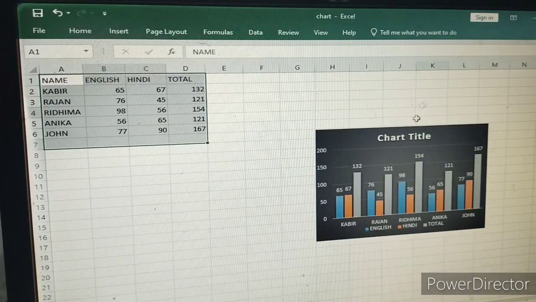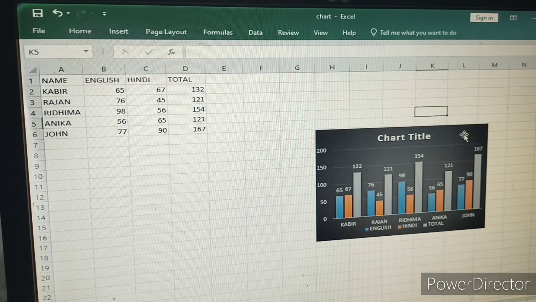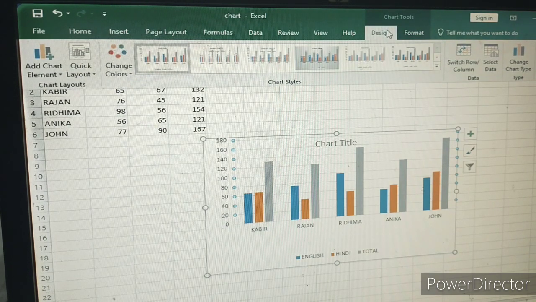Now, student, how do we modify a chart? First we have to click here. To modify a chart, we have to click on the Design tab. In the Design tab, student, see Add Chart Elements.